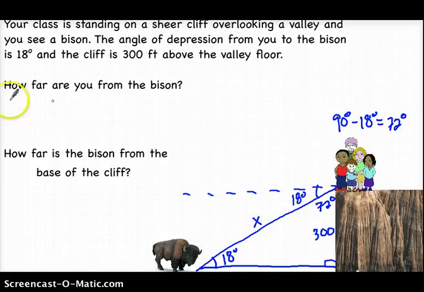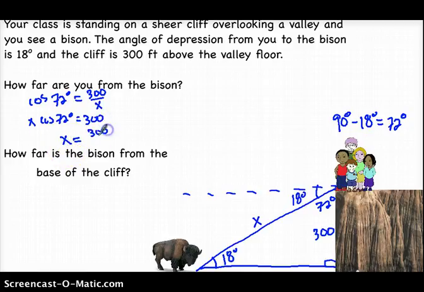So we'll just call the hypotenuse x. And again, looking from the 72-degree angle, that means that we know the adjacent and the hypotenuse. So we could say cosine of 72 degrees is equal to adjacent over hypotenuse. Again, if we multiply the x over to the other side, we get x times the cosine of 72 degrees equals 300. And if we divide by the cosine of 72, x is simply equal to 300 divided by the cosine of 72 degrees, which, if we toss that into a calculator, will approximately be equal to